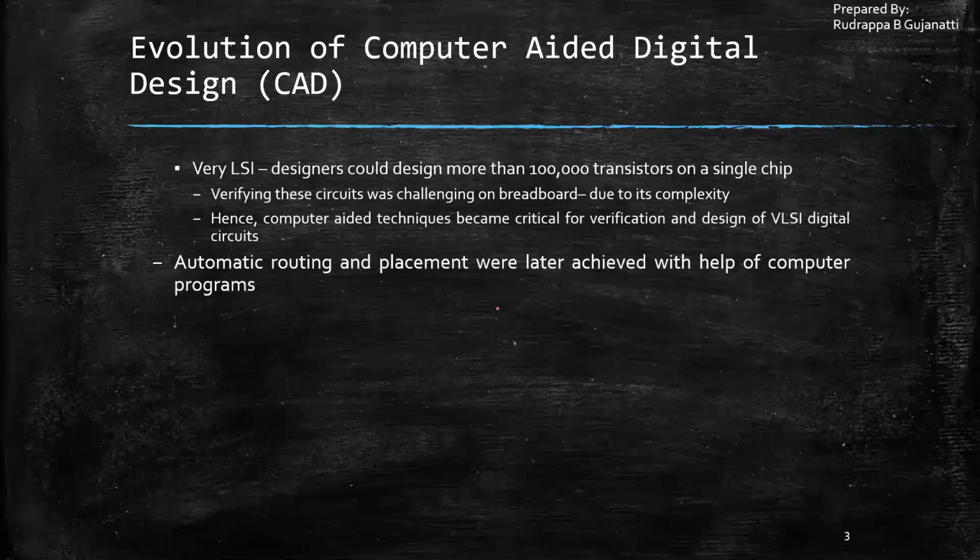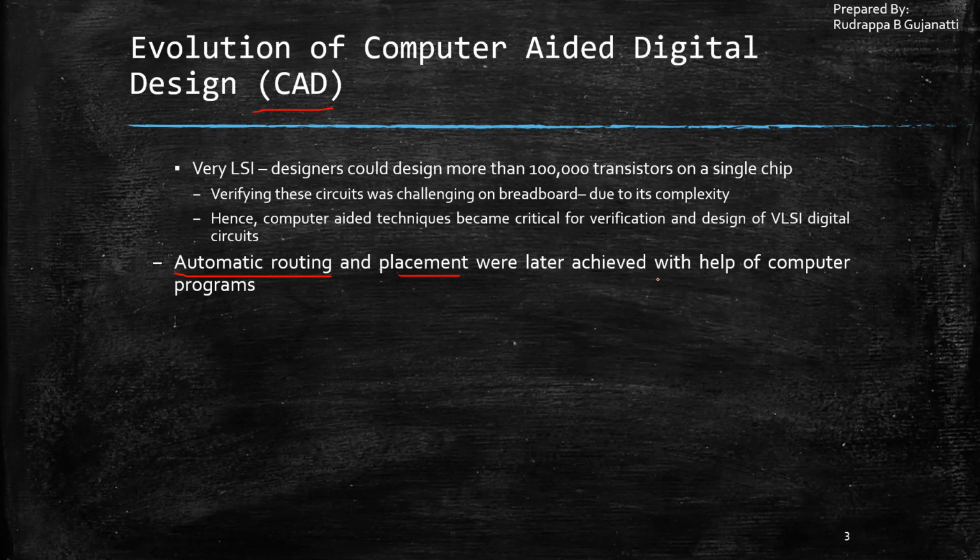So now when we speak of CAD tools, they help us with another feature, that is automatic routing and placement. Once we get the RTL code, we can make some modifications so that it works in a proper form. Once that is obtained, we can obtain the gate level netlist, which can later be used to create masks for production of the ICs.